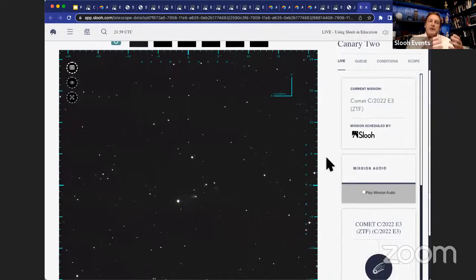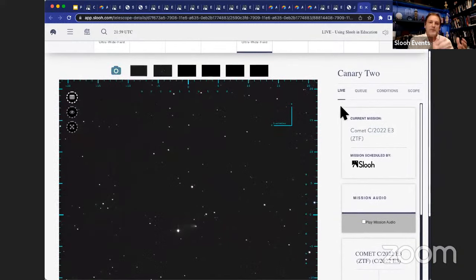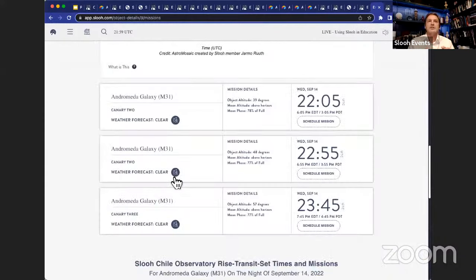But if your students were going to schedule their own mission, then looking at that information about what's the weather forecast, what's the moon like, are they picking, or is the automatic system picking a mission time when the object's really low? So, you know, your students, this is part of the training of astronomy, and some of our collection quests talk about this. Pick a time when the object's high in the sky.